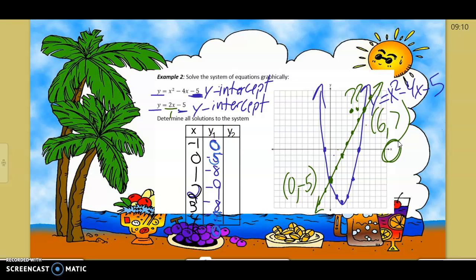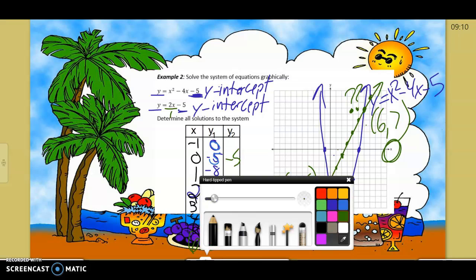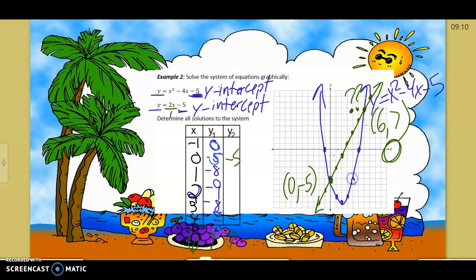So you have been able to find the two answers to this. And I'm just going to put them here. 0, -5 here, and it would be 6, 7. Yeah, terrible color on that one, huh? 6, 7. There's one. There's your second answer. And we just called it x equals 0,